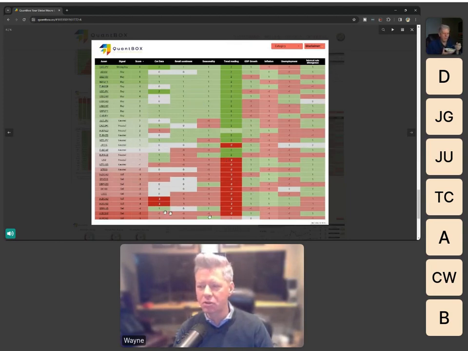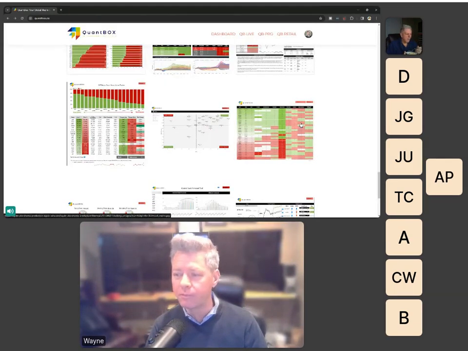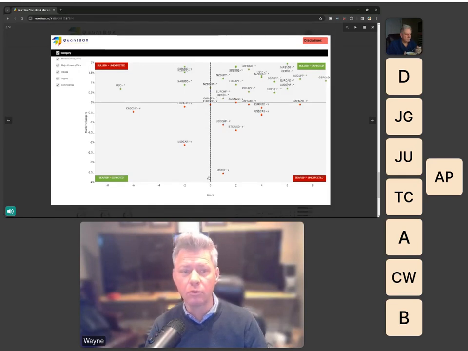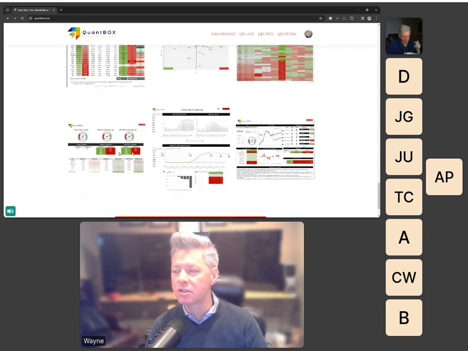So what we want to do is organize our thoughts. Now this is an old screenshot. Right now we have a couple of things bullish, a couple of things bearish, and everything else is neutral. Well, it's good to know because you want to align your trading with reality, right? And so that's why we use things like scatter plots. We use things like risk gauges.